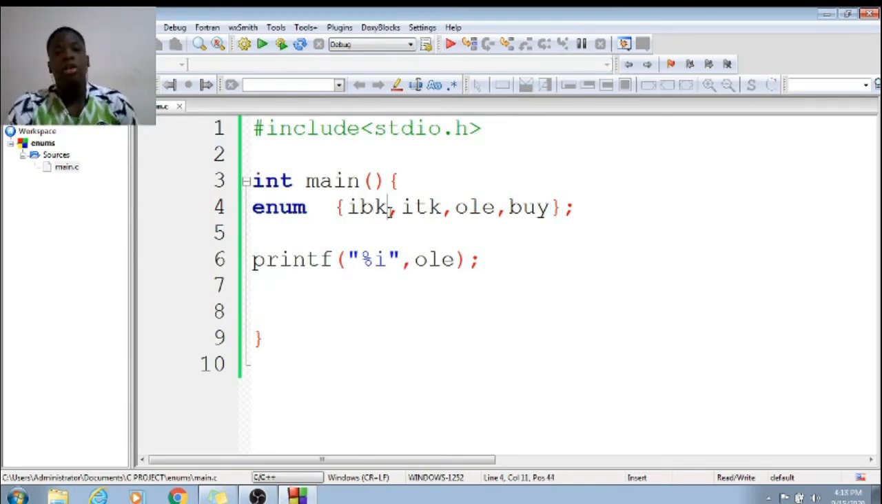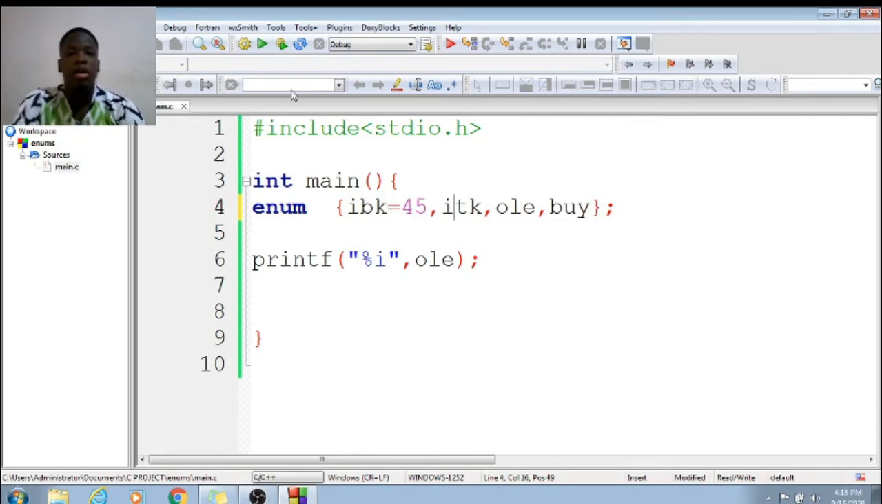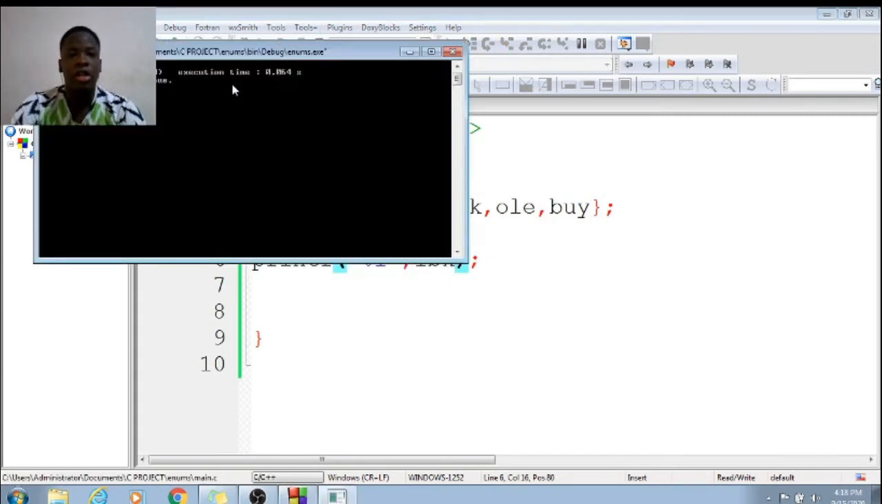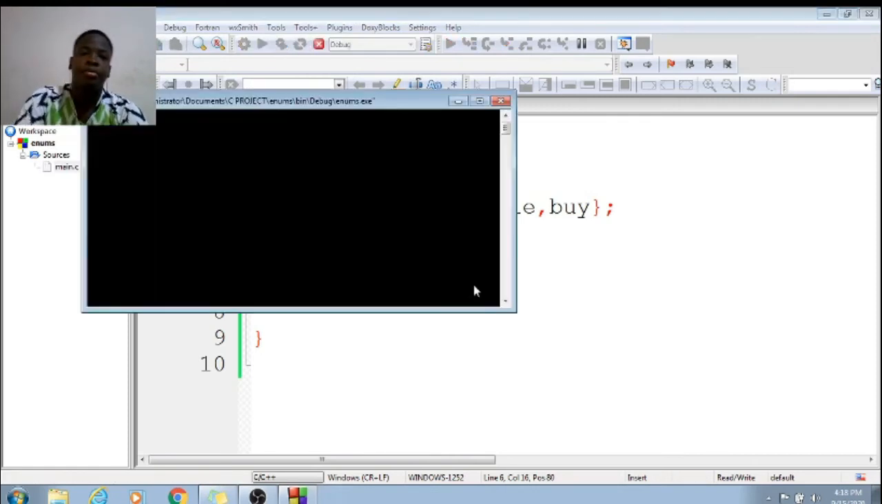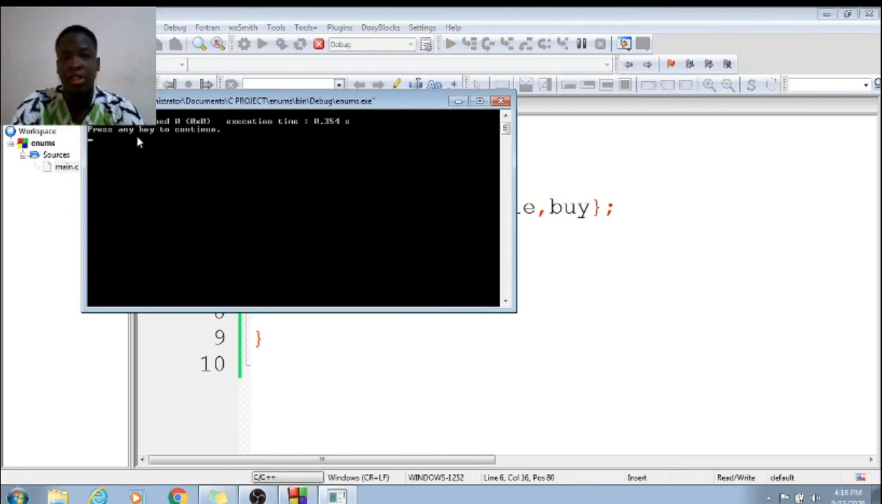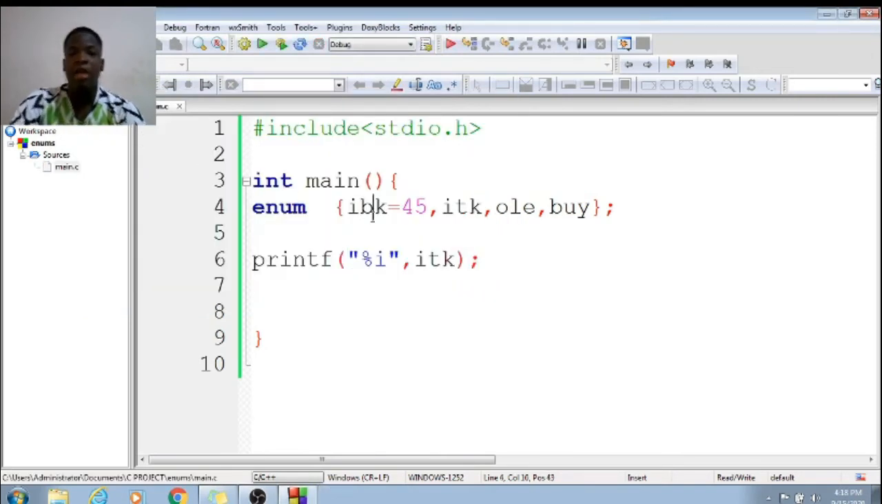Okay, so we can also explore the enums more. We can simply assign this to whatever I want, like 45, and let's see what happens here. IBK. If we build and run this, it gives us 45. And watch something else here. If I put ITK and build and run, it gives me 46. Okay, and why is that? That's because